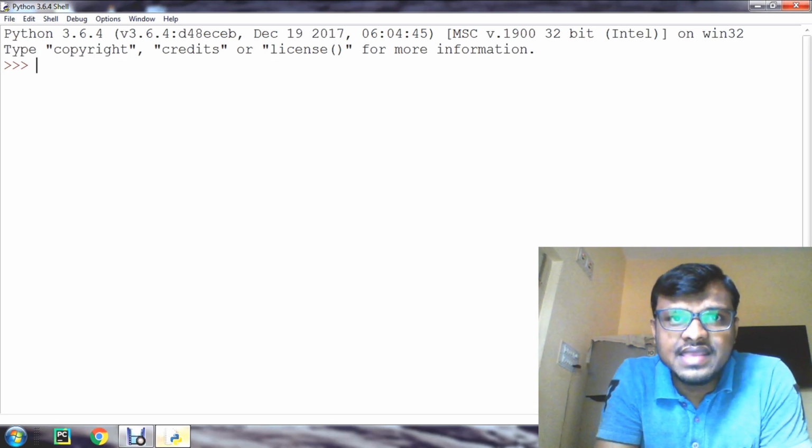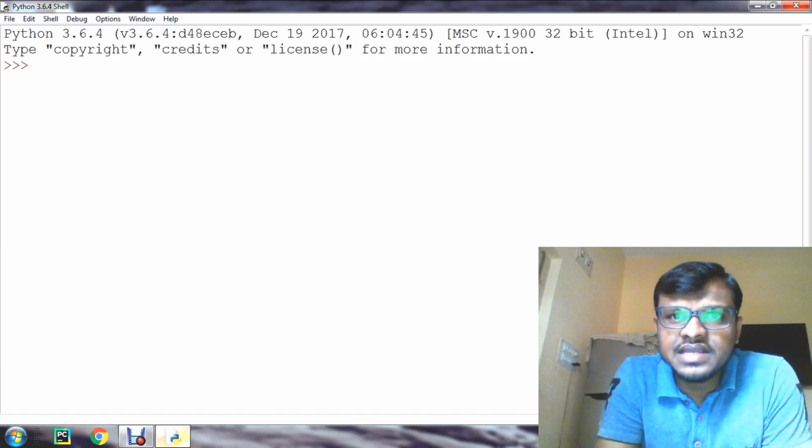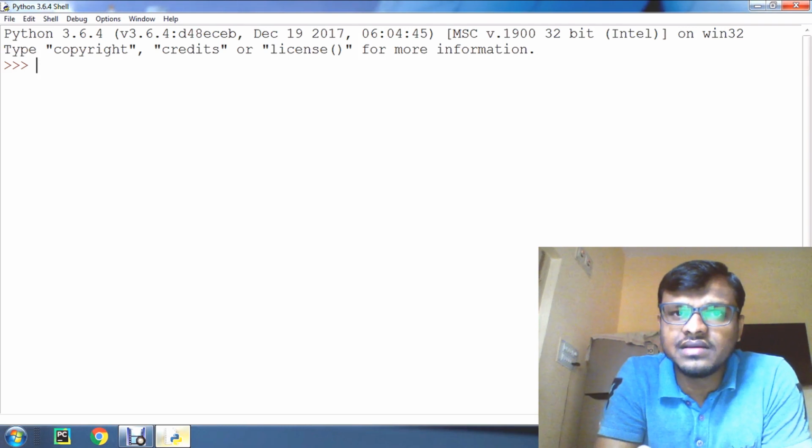A key is separated from its value by a colon symbol, and consecutive items are separated by commas. Items in dictionaries are unordered, which means we may not get back the data in the same order in which we had entered the data initially.